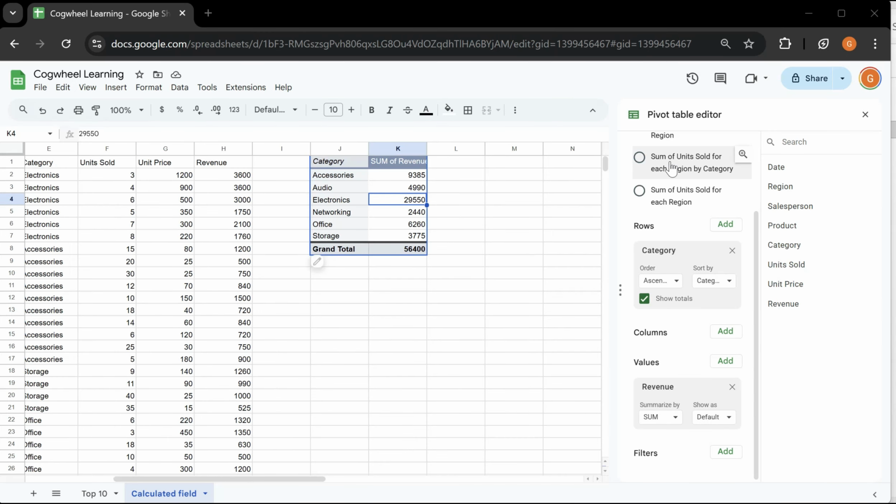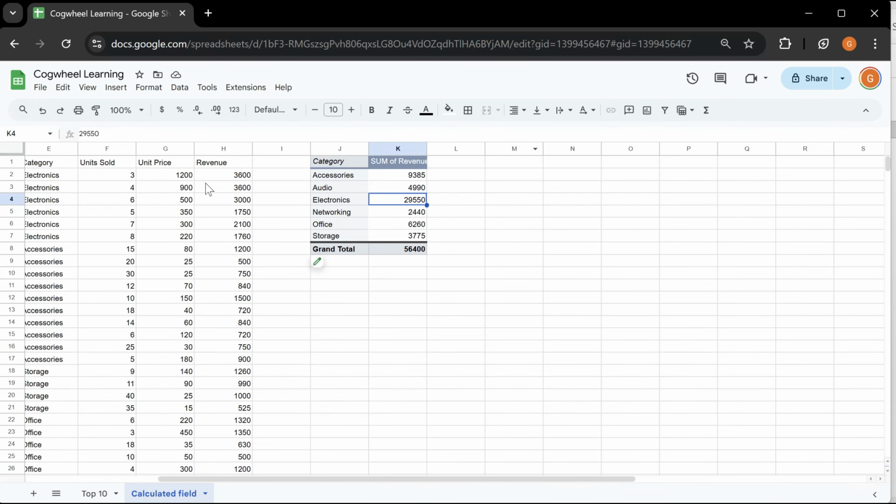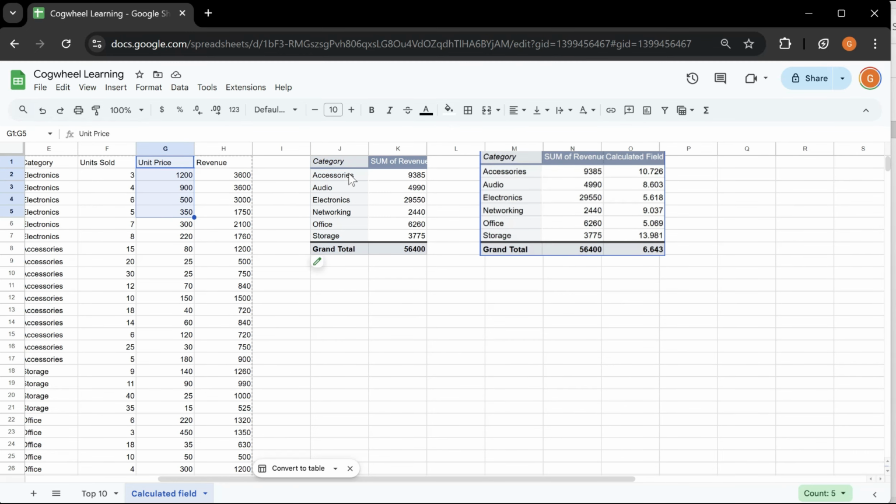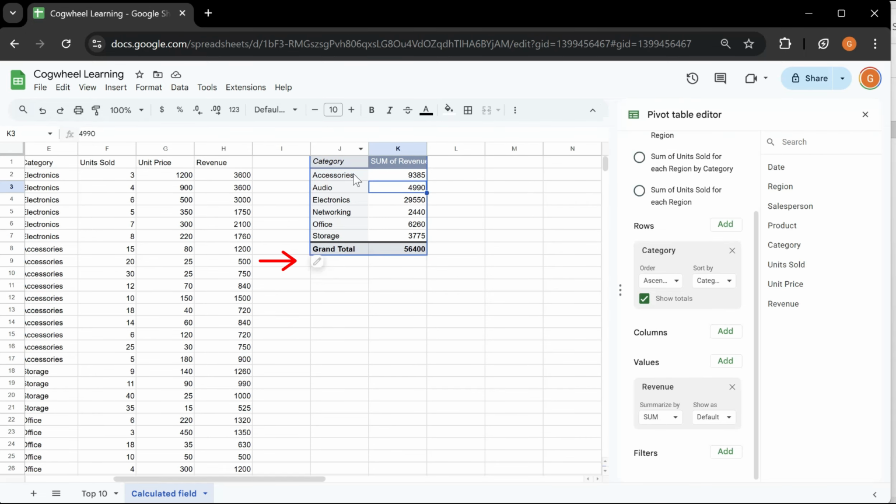Today, I want to show you how to divide two columns in a Google Sheets pivot table. I have a pivot table here, and I'd like to calculate the revenue divided by the unit price per category as I have here. So what I have to do is to click on this edit button from the pivot